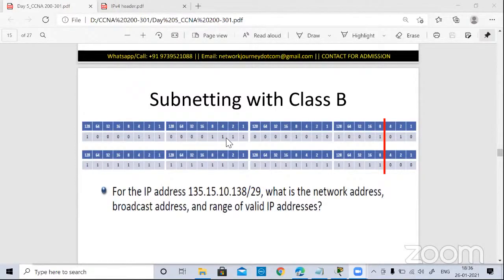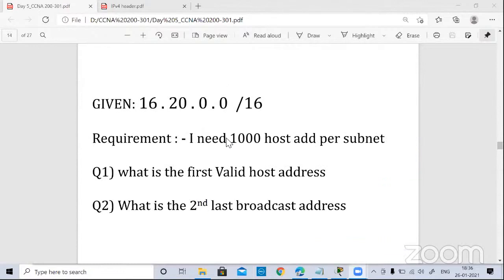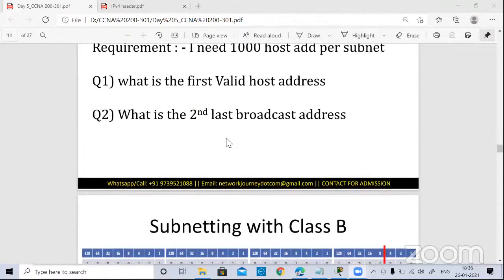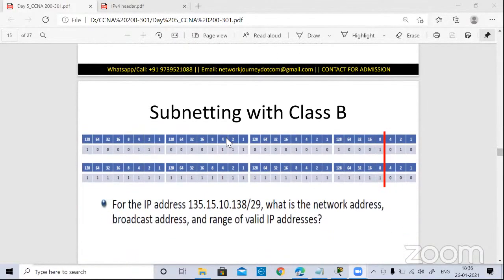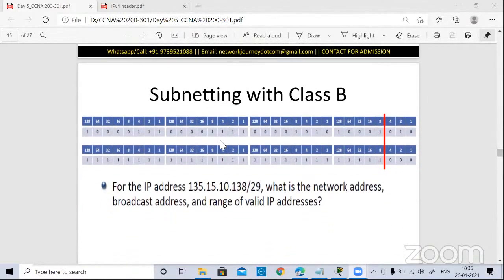So, yesterday we had started with the concept of subnetting, and I hope most of you could get through it well. Why we need subnetting and how to calculate the network address and the broadcast address. So, let us do some more examples today, and then we'll look into the IPv4 header format and then compare TCP and UDP. Okay, so I have another question coming up here. Let us see how many of us can solve this.